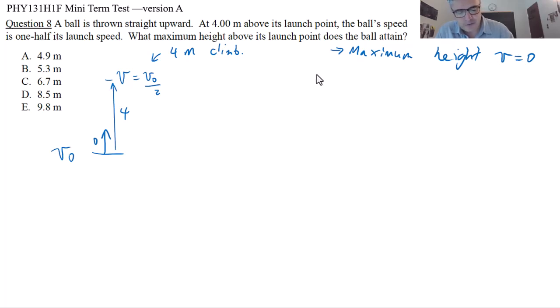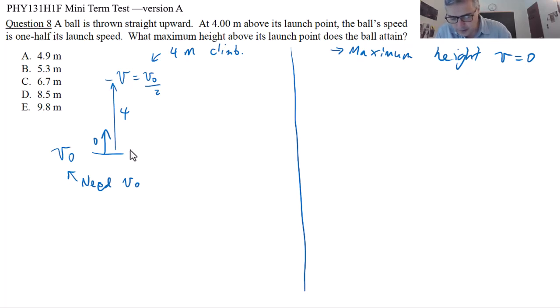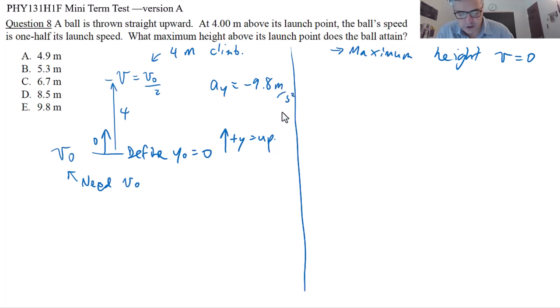So I think I'm going to split this into two. We need its initial speed, v0, and then we can plug that in to here. So what I'll do is define y0 equals 0, plus y is up, I guess easiest thing for this problem, so that now a sub y, the acceleration, is negative 9.8 meters per second squared. It's negative g. And we know it goes 4 meters, so y here is equal to 4 meters. And it seems we don't care about time in this question. So that means we use equation